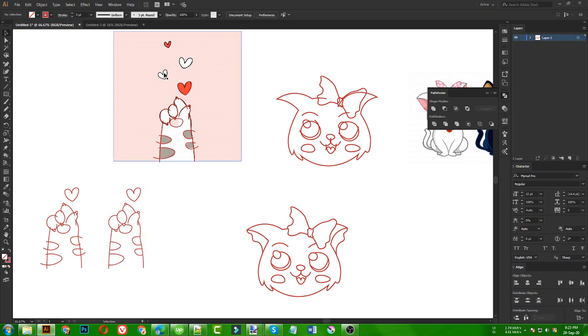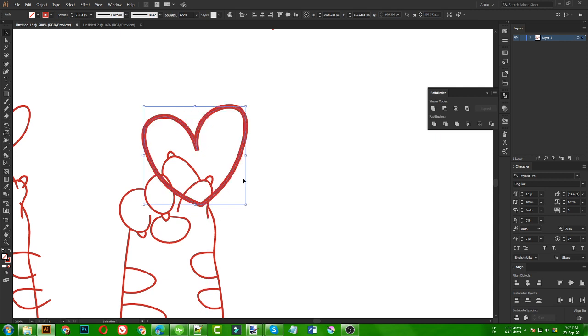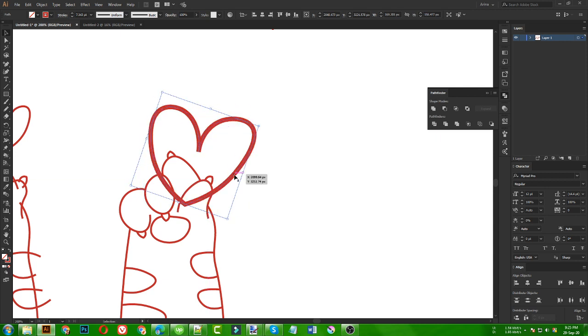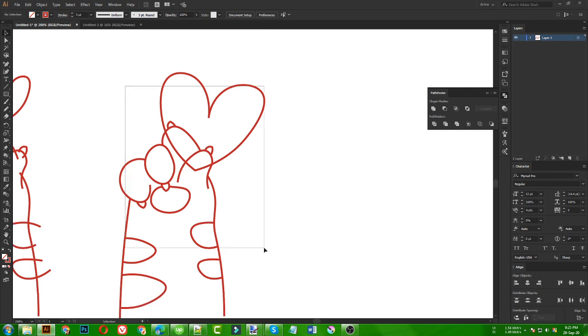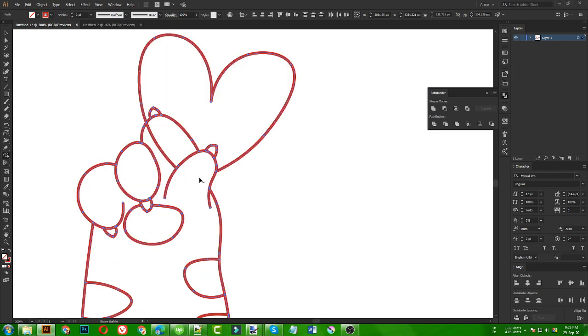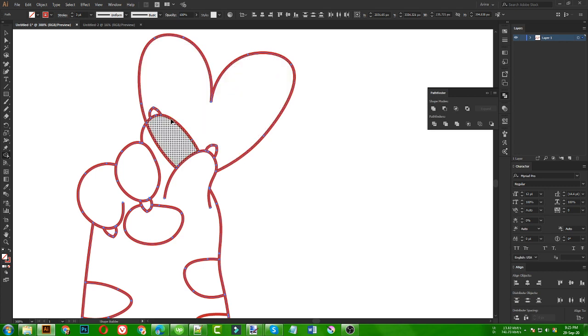I could have downloaded this vector, but I don't want to do that because I want to share with you how to make them. So I have an idea that I can make this one better. Like I can make him holding this heart shape. So I am going to place it like this, then select my eyedropper tool by pressing I. If I click here, the stroke size will be the same as these hands here. So if I select everything from here and use my shape builder tool, I want this hand part to be on top of this heart and this part to be behind the hand, so that it will not be visible.